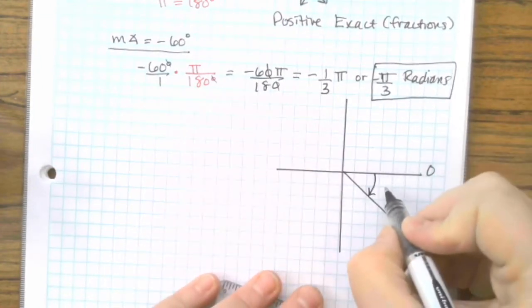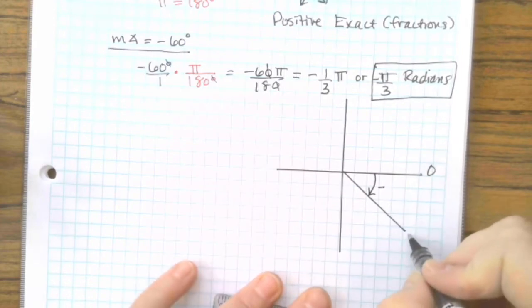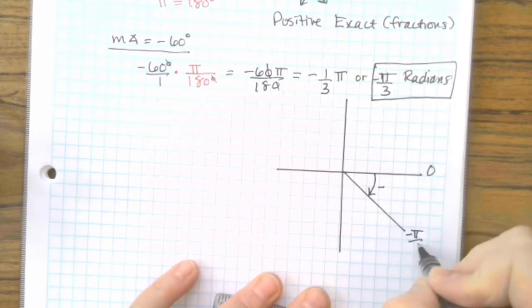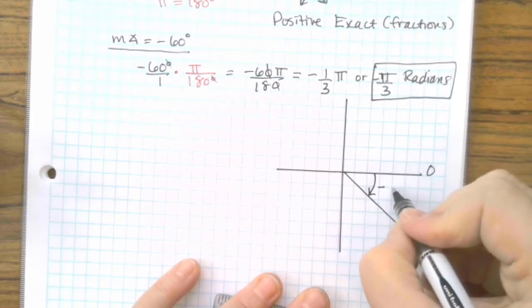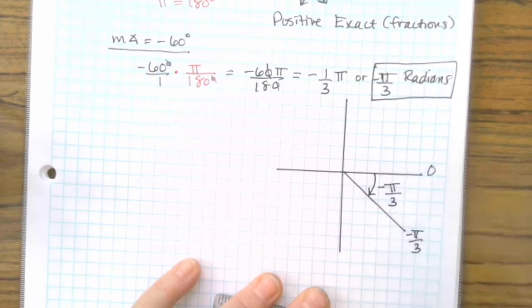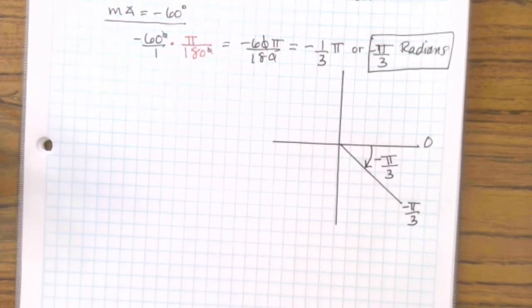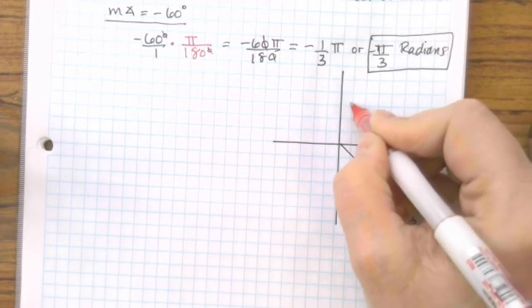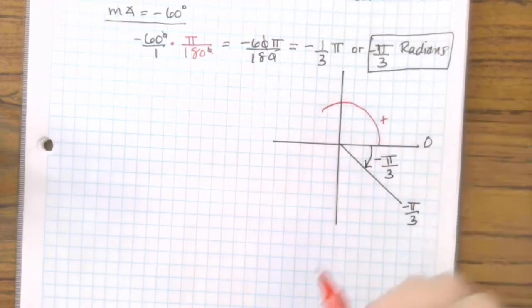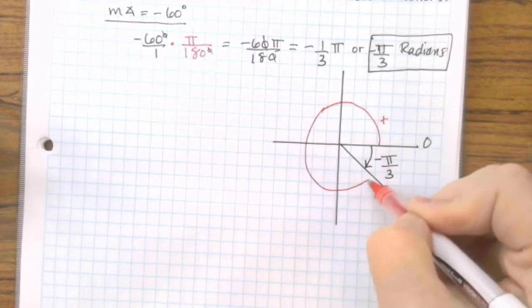We're actually going to go in the negative direction, and this is negative pi over 3. The reference angle is pi over 3. Okay, so we need to change that to something positive. So the positive multiple of pi will go in the positive direction, which is around this way, and end up